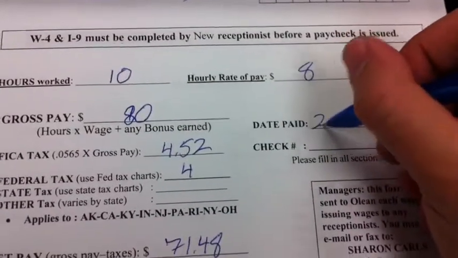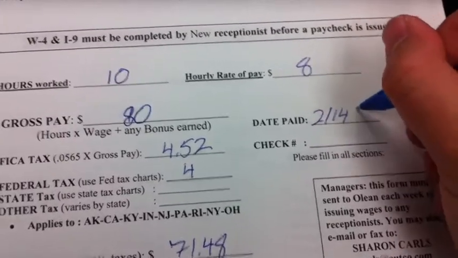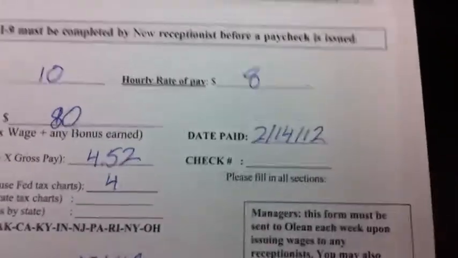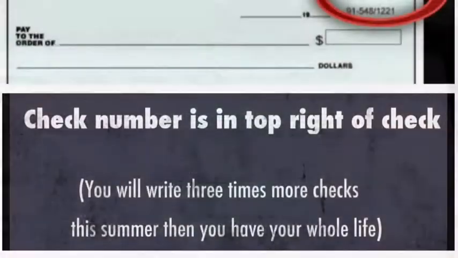Last 2 things on the form you have to put down: the date paid. We're actually doing this on Valentine's Day. Nothing more romantic than giving people money. It's always the right color, always the right size. For the check number,